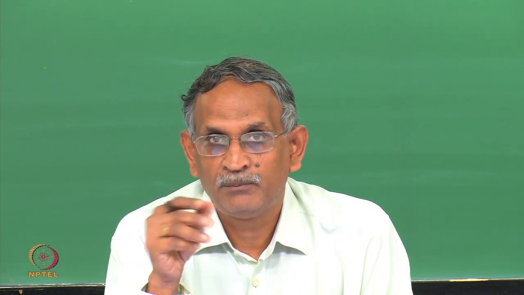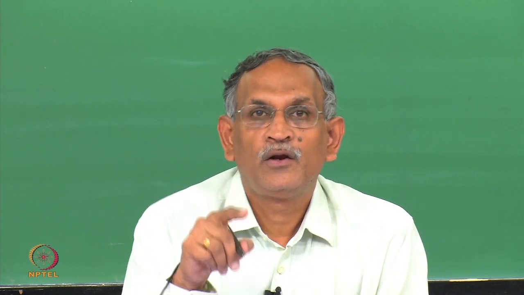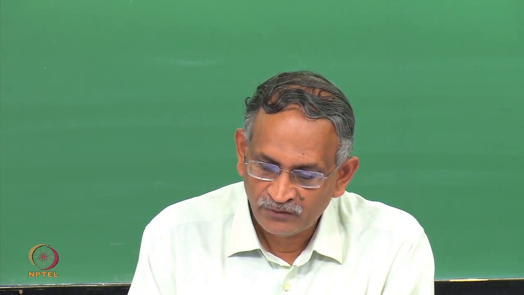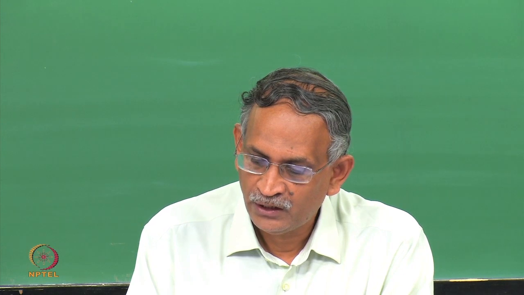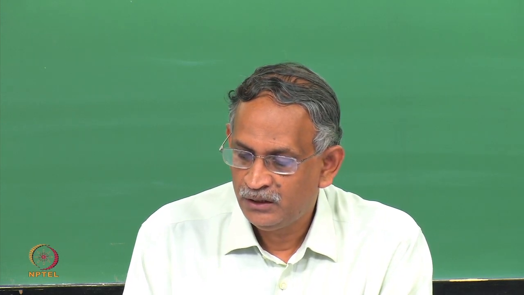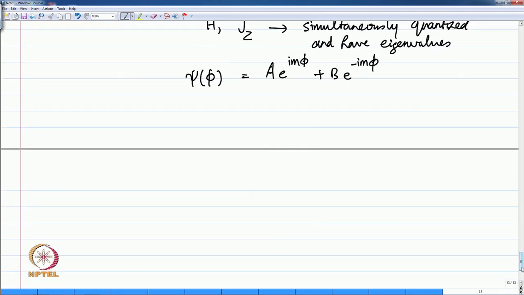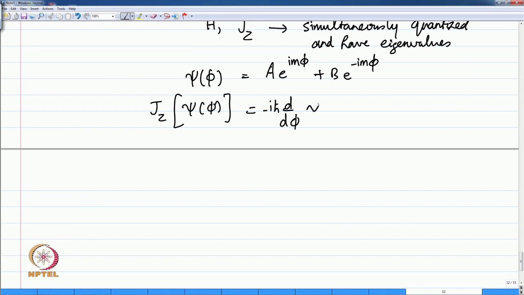But if the wave function is a linear combination of plus or minus i m phi, then the angular momentum operator does not have an eigenvalue. If you write psi(phi) = A e^{i m phi} + B e^{-i m phi}, and you can normalize this, and then try to calculate Jz acting on this psi(phi),